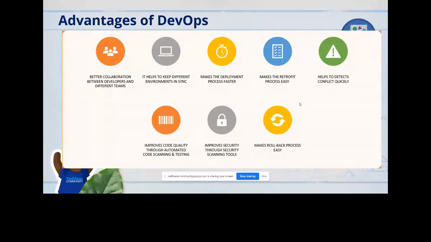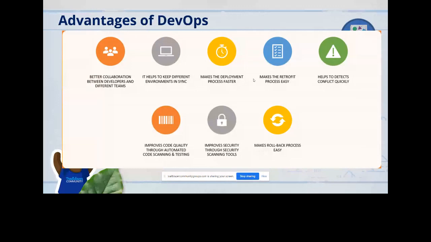Like I mentioned, it gives us better collaboration between different developers and different teams. Like if someone else is also working on your component, when you are checking in, you are going to get a conflict if it is in the same branch, and you are immediately notified of the issues.